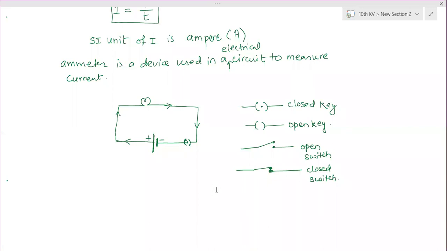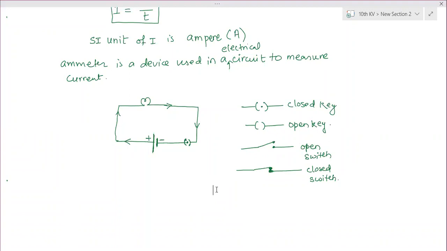So after that many years, when they discovered electrical energy, at that time they did not know anything about electrons. According to the other physical quantities, everything moves from positive to negative, or from a higher to a lower value. Positive is always considered higher and negative is always considered lower. Therefore, scientists considered the direction of current from positive to negative.